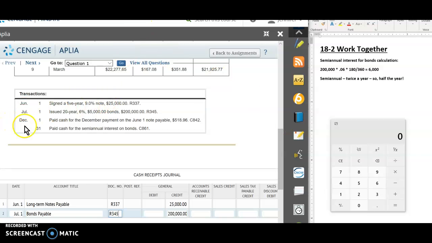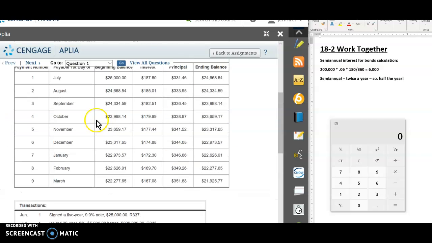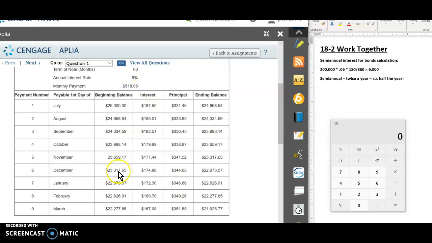All right, so now we go to December, and we're going to pay cash for a December payment on our June 1st note payable of $518. Okay, so obviously we've skipped a few months. We're not doing transactions for all of these, but we did make a payment in July, August, September, and so on and so forth. But we are dealing with December right now. Okay, so our